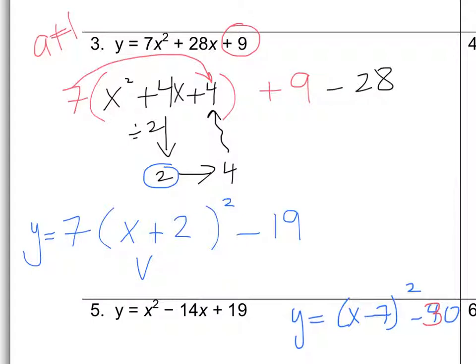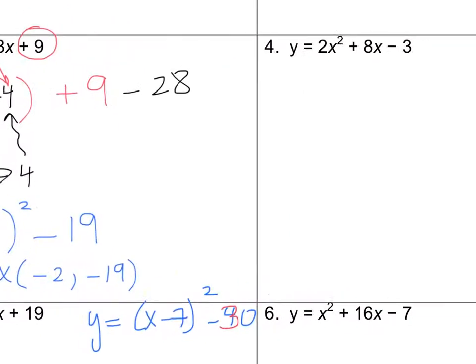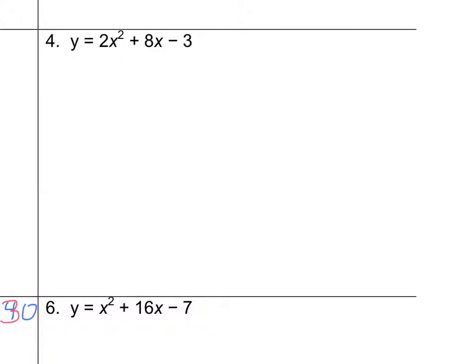It's called a vertex form because you are able to get the vertex out of it. Remember, the x of the vertex is going to be your h, so that's a negative 2. And the y of the vertex is going to be your k, which is negative 19. Now, please go ahead and pause the video and do number 4 on your own. I do hope that you tried, and the answer for number 4 is going to be